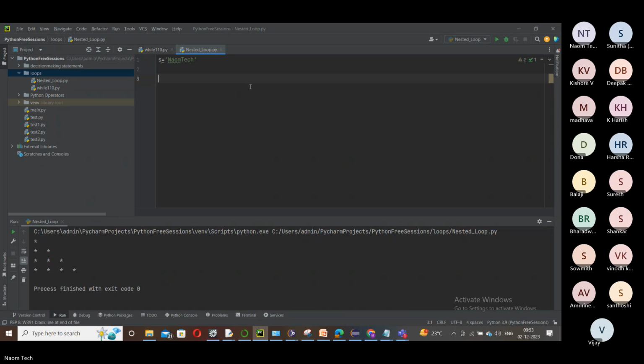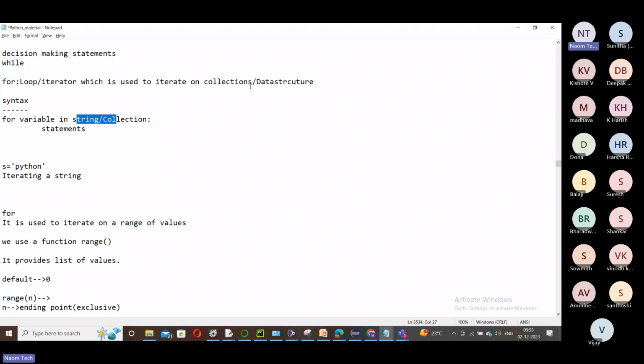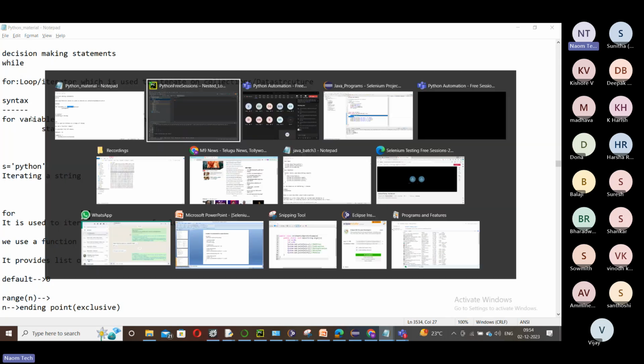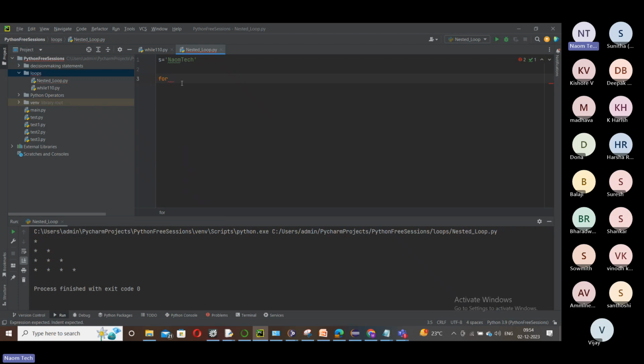For, what is the syntax, friends? Follow along with me and maybe you can keep answering in your mind while I'm asking these simple questions. What is the syntax we need to follow for this? For a dummy variable. We'll understand why this dummy variable in this simple use case. For c in s, for a character, we get a character here. I just put nom tech here.